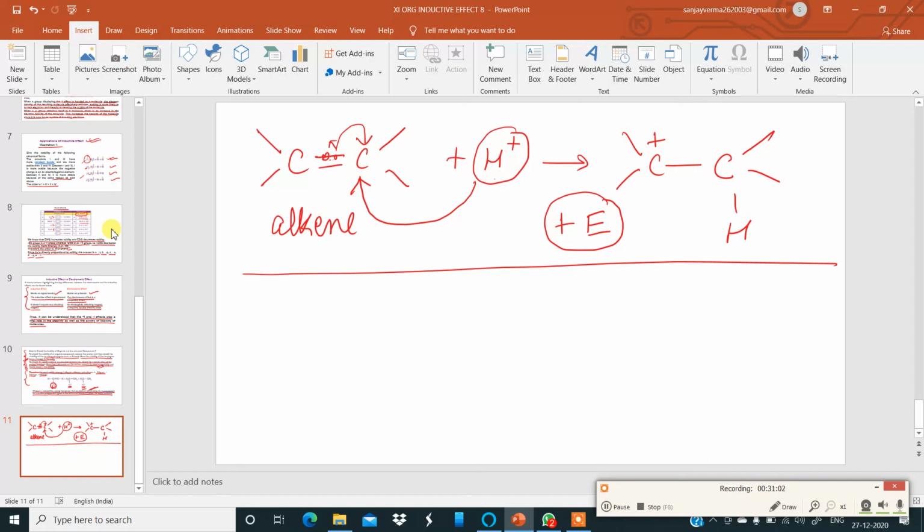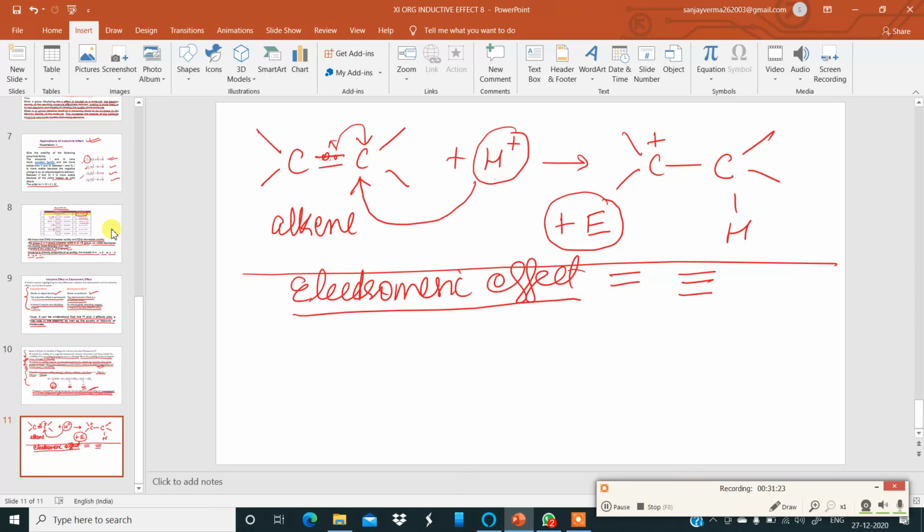Now, please keep in mind the electromeric effect. It is a temporary effect which takes place between two atoms joined by a multiple bond. A multiple bond has to be there, either a double bond or a triple bond. This occurs at the requirement of the attacking reagent and involves instantaneous transfer of a shared pair of electrons of the multiple bond to one of the linked atoms. That was one example to show you the electromeric effect, the plus E effect.